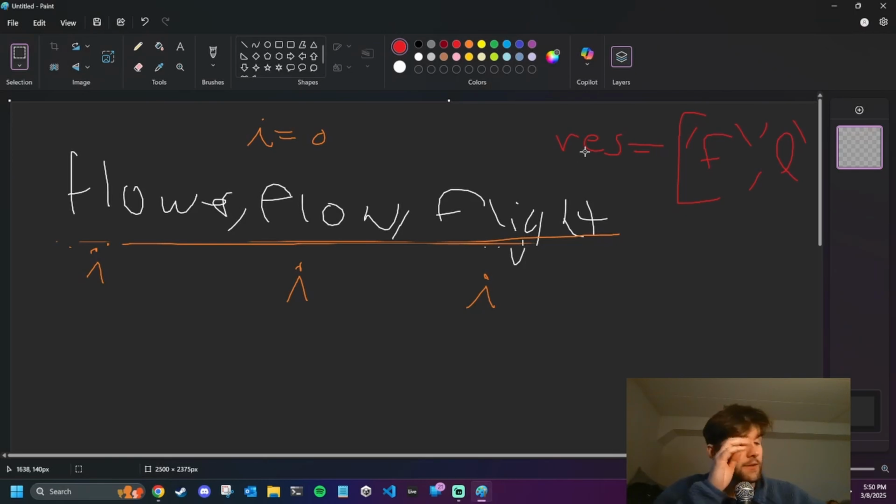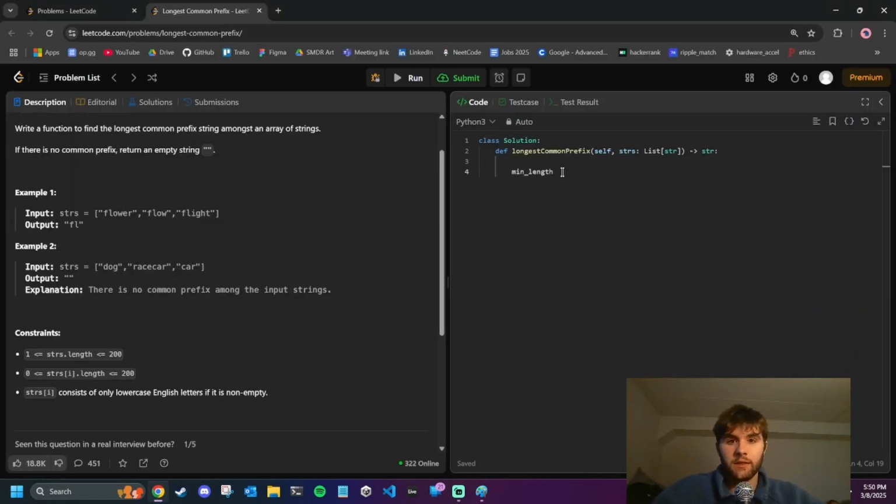I don't like using while true normally. I guess what I could say is, we'll set i equal to 0, and then result will be empty, and then while they're all equal. Okay, I'll just say while true for now. So while it's true,